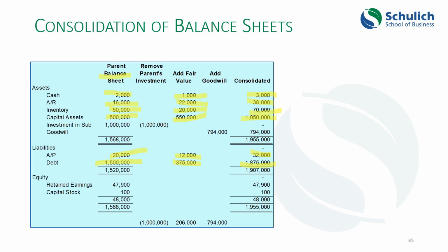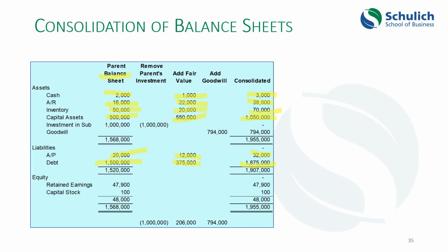And there's two things that happen. You've got the parent company's balance sheet items at whatever value they are, and you've got the subsidiaries' balance sheet items at fair value. So this ignores the values that are shown on the subsidiaries' balance sheet. It's looking at the fair value of those.